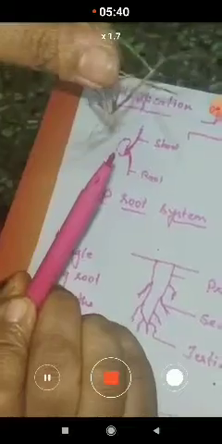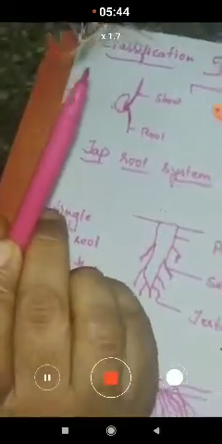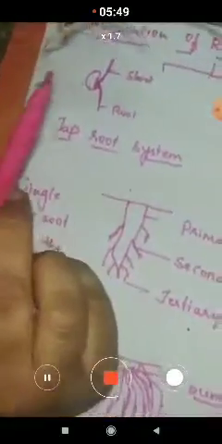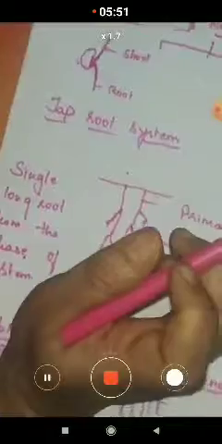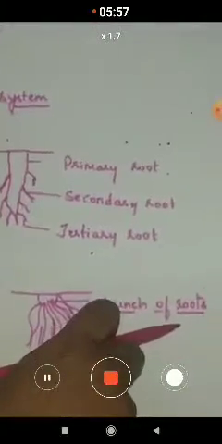When you take up the grass, children, you can also observe in the grass a bunch of roots. Here you can observe clearly the bunch of roots arising from the base of the stem. So this bunch of roots we call the fibrous root system. Now these roots are under the soil.